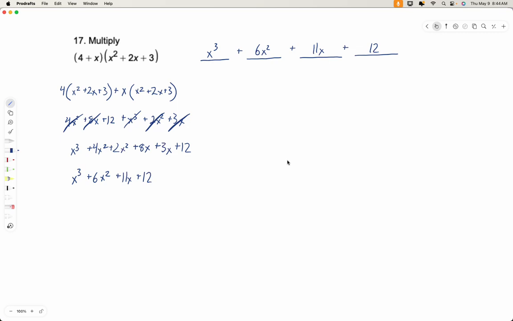That was not so hard. Not hard at all. You see how easy that was? You just have to distribute and multiply this number times all of these, like we did here, and this number times all of these. And if it helps you to write this out like this, do this step. This is all we're doing. This one times all of these, plus this one times all of these. All right, write it out like that if it makes you see it better. Do the things that you need to do to understand the problem. All right, let's do the next one.